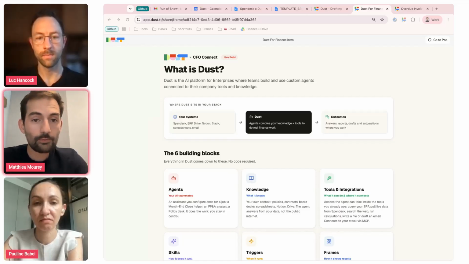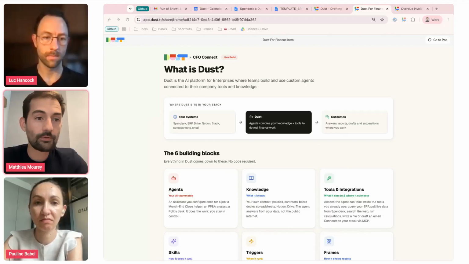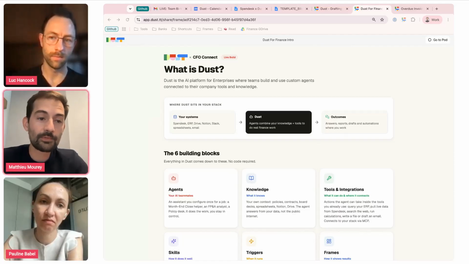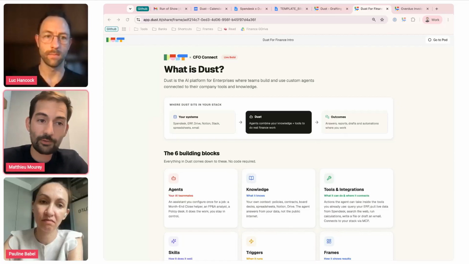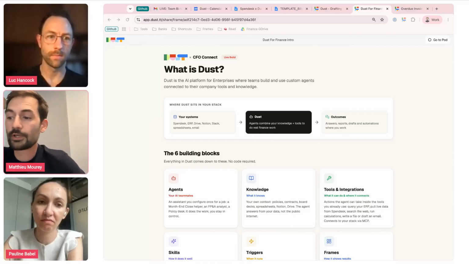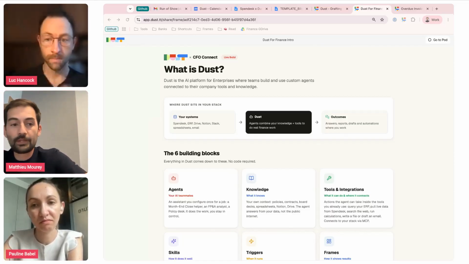So you can use the one you want. Your agent will still be the same in terms of instruction, knowledge, and integration if you change the model. So that's one of the key things.